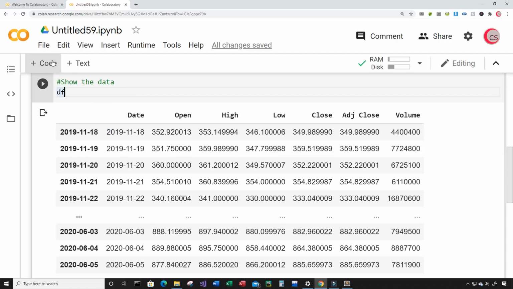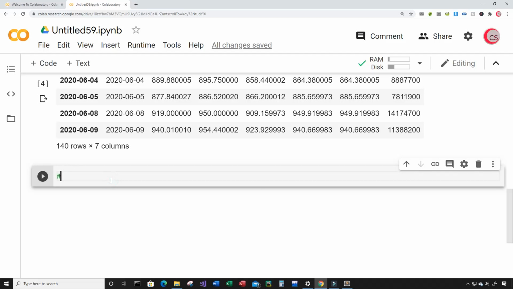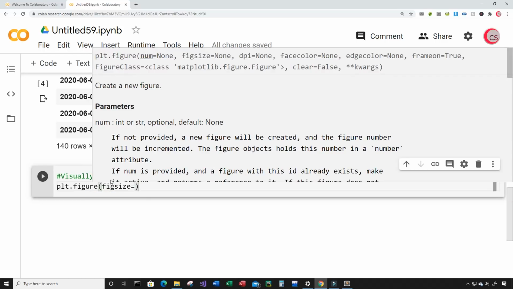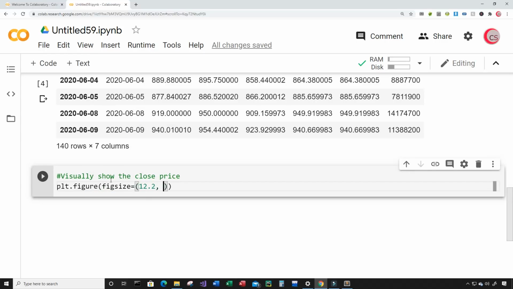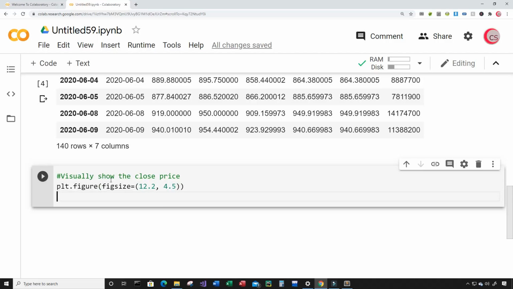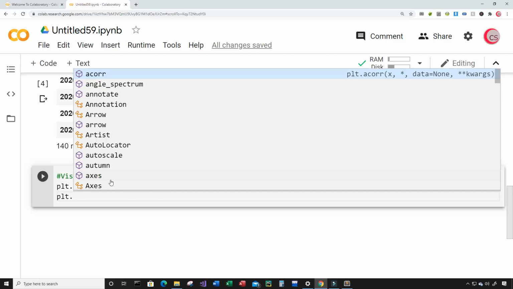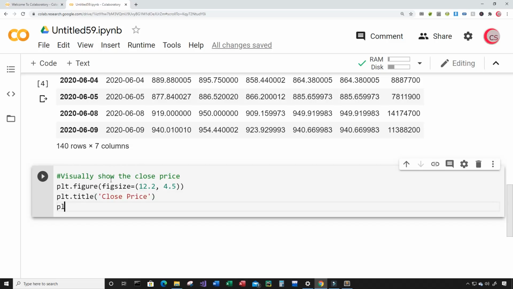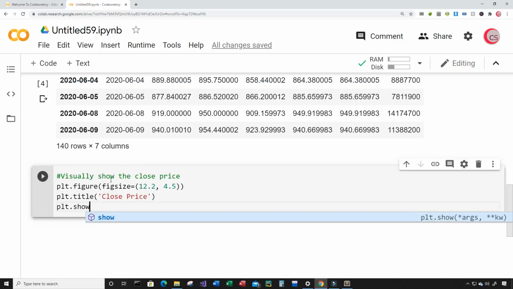So that looks good. Let's go ahead and create a new cell, and in this cell I want to visualize the data. So I want to visually show the close price. That's the column that I'm going to focus on, the close price of the stock here. So let's type plt.figure, and let's give the figure a figure size. I'm going to set the figure size equal to 12.2 by 4.5, and then I'm going to give this plot a title. So just type plt.title, and the title will be Close Price, and then I'm going to show the plot. So just type plt.show, and